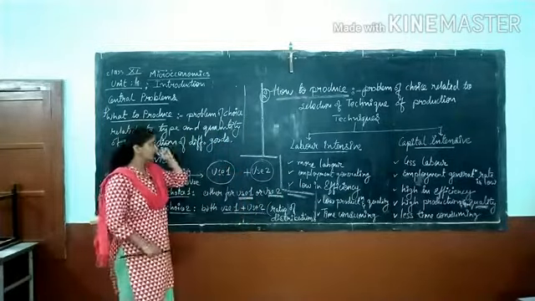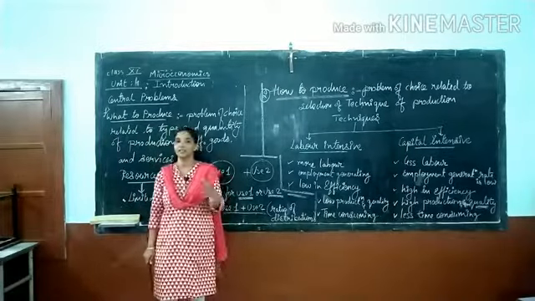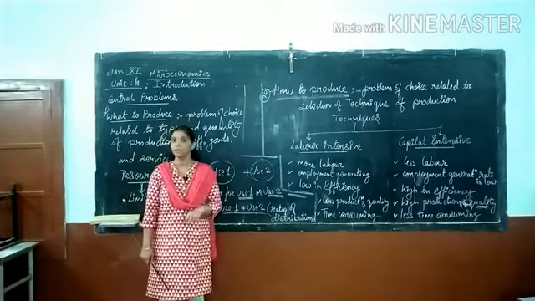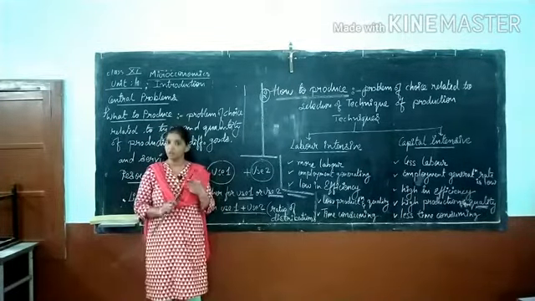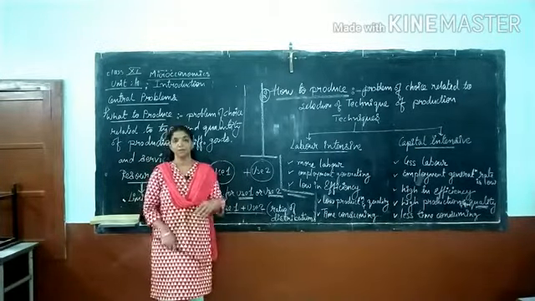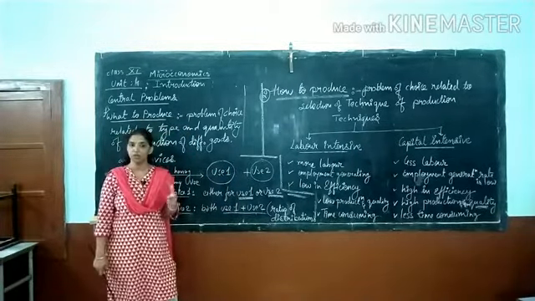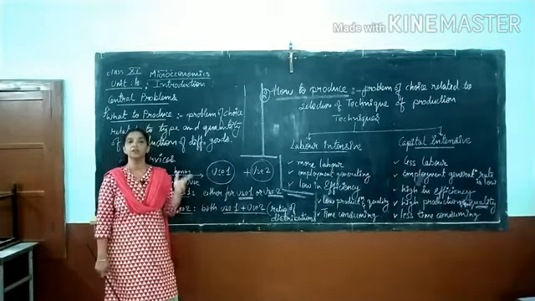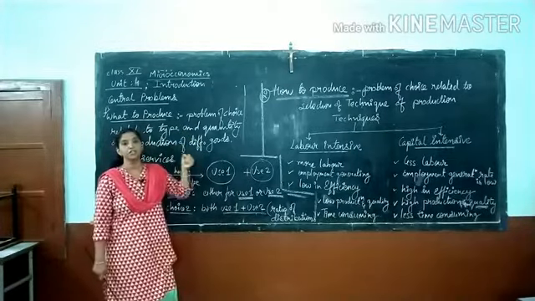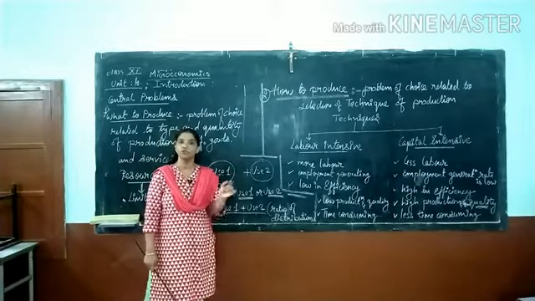And central problems I already explained with the help of a flow chart, that all those central problems are categorized in three categories. First category is allocation of resources. Second problem is distribution of resources, and third problem is growth of resources. Allocation of resources problem is also categorized in three types of problems: what to produce, how to produce, and for whom to produce. The what-to-produce problem is concerned with selection of type and quantity of the production of goods and